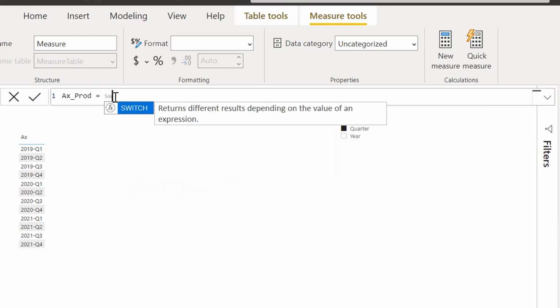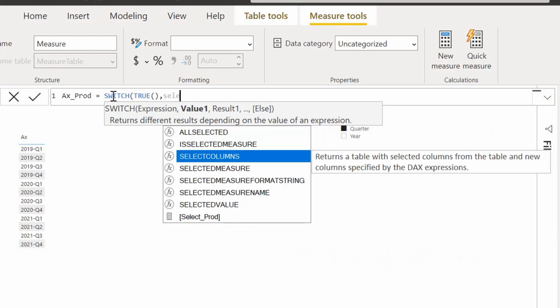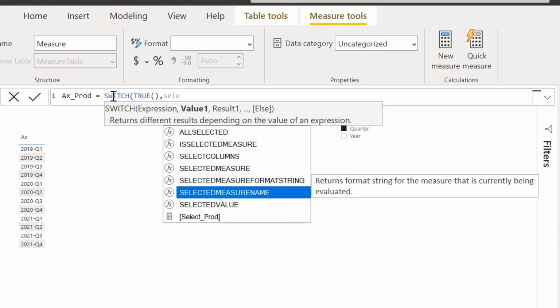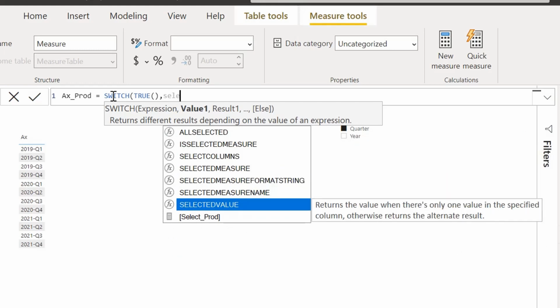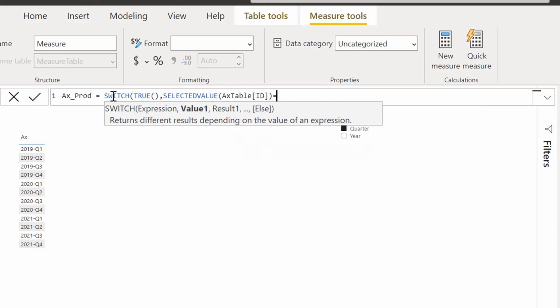I'm going to use switch function. We already know how to use switch function. If you want to know more about switch function, please watch another video of this channel with the link below. I'm going to simply give true as expression. So I don't have expression, my expression is always true. And I'm going to say if selected value. Also, if you don't know how to use selected value, I explained this in another video and you can find the link below. So I'm going to say if the selected value of our X ID is year,